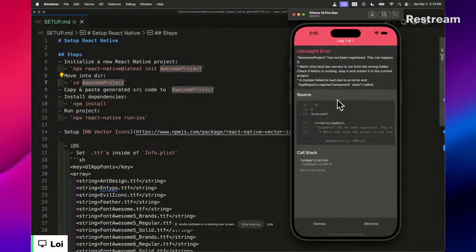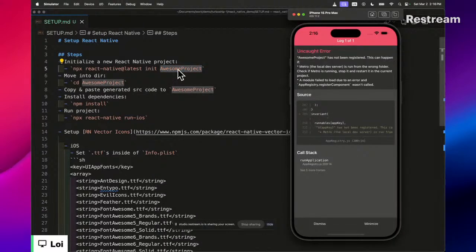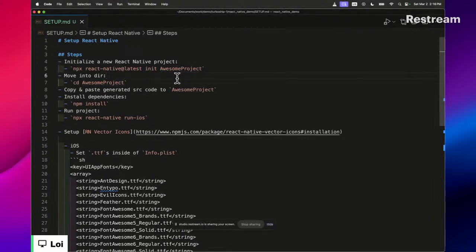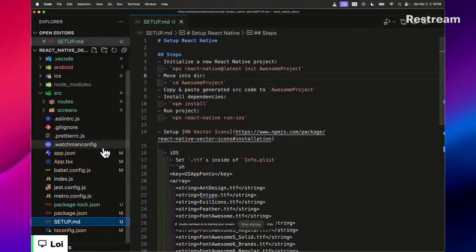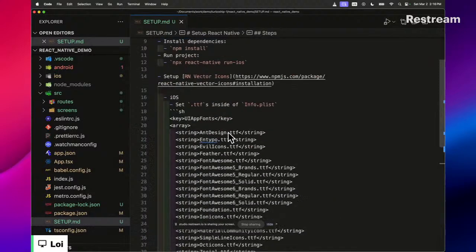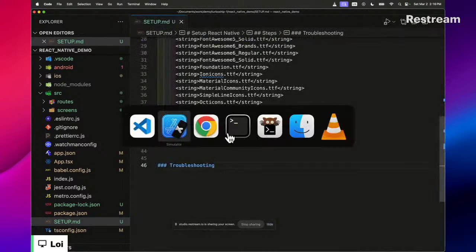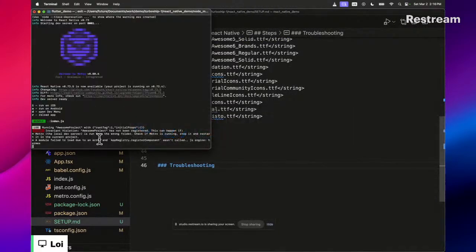Okay, so anyway, I see that we now have an error. Awesome project has not been registered. And this is actually a common problem, from having messed around with React Native a bunch and also having just run into it. I'm going to go ahead and place that right here. Let's go ahead and update our documentation as we go. Okay. So we'll say, hey, if you run into something that says